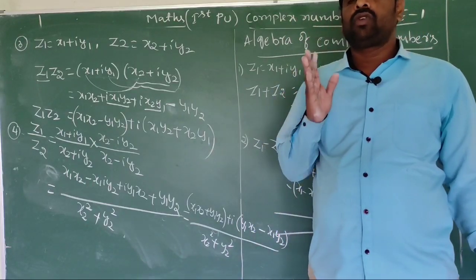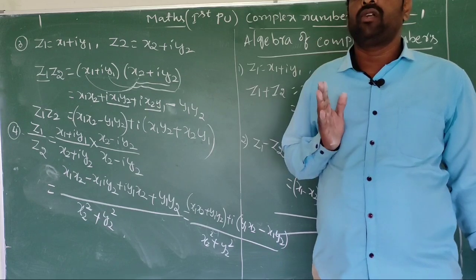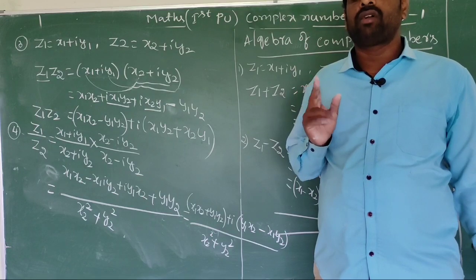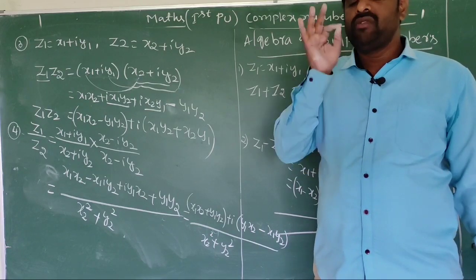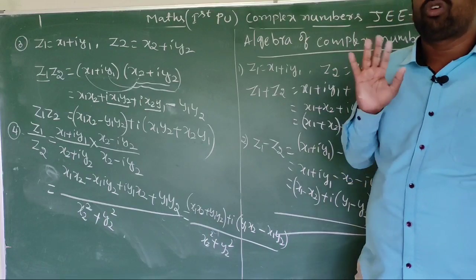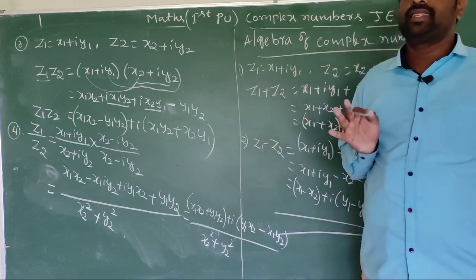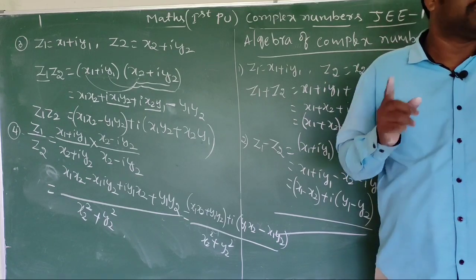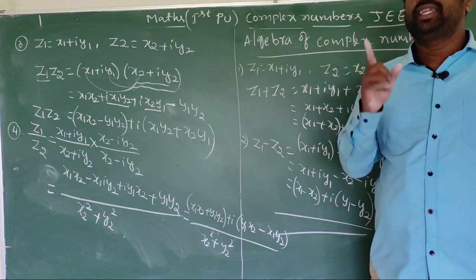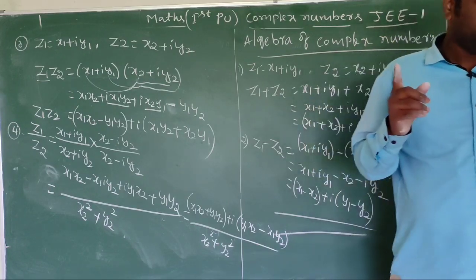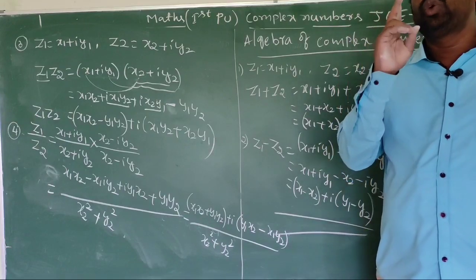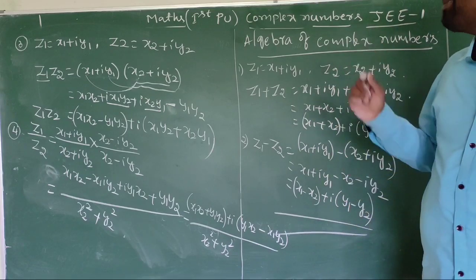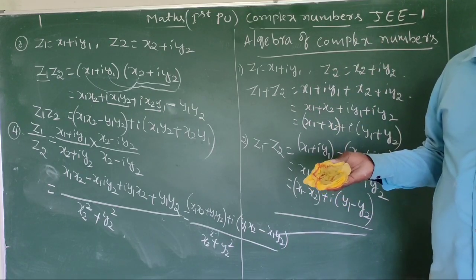Okay, this complex number chapter is very important for JEE and for CET. In the JEE exam, JEE Mains level, they will ask compulsorily 2 questions. Every year they will ask 2 questions. In KCET, they will ask nearly 3 questions. Please remember children, in the JEE exam they will ask 2 questions, in the KCET exam they will ask 3 questions. That's why the complex number chapter is very important for JEE as well as KCET.